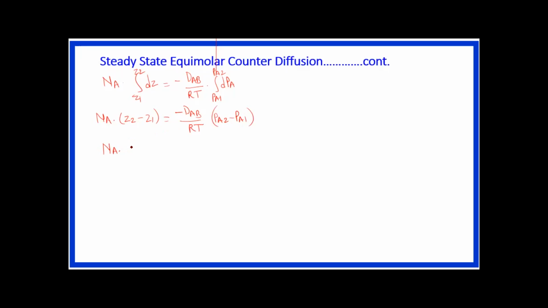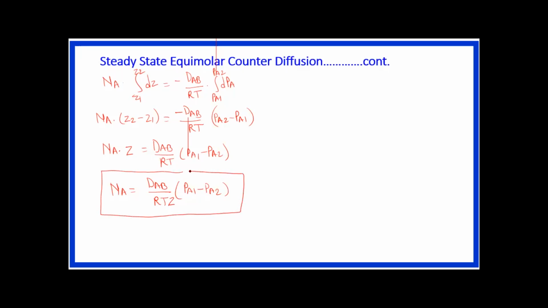Now as this Z2 minus Z1 is nothing but Z, and this minus sign multiplied to this bracket, so the equation becomes DAB upon RT, PA1 minus PA2. Rearranging this equation, we can write NA equal to DAB by RT Z into in bracket PA1 minus PA2. So this is the final equation for calculating the molar flux of component A as stationary coordinate in terms